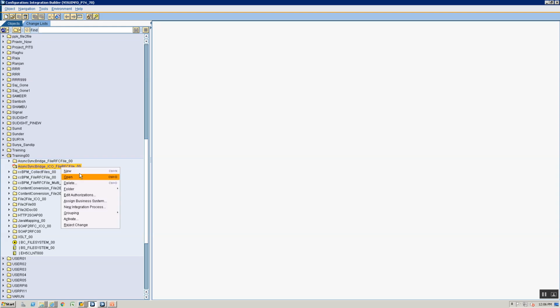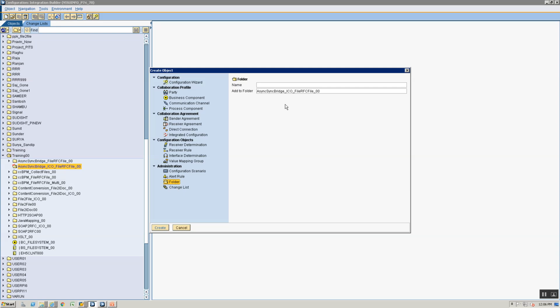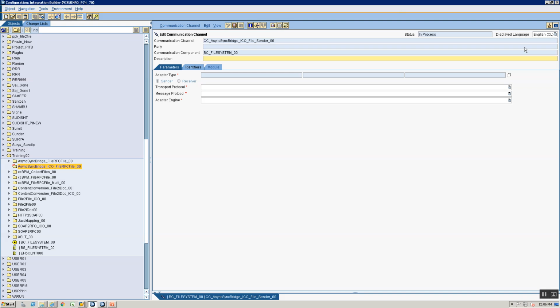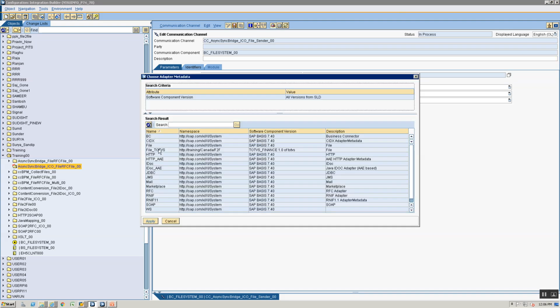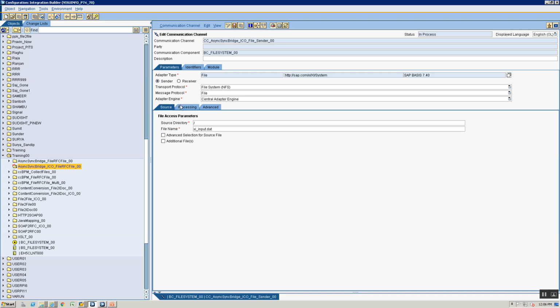So now we're going to create a sender file adapter. So I'm going to go to communication channel. I'll say BC file system 00 CC Async-Sync bridge, and let's call it ICO underscore file underscore sender underscore 00. Alright, this is my sender file adapter, so I'll select the file adapter as my sender file adapter, and then here in my integration directory, the directory is going to be,